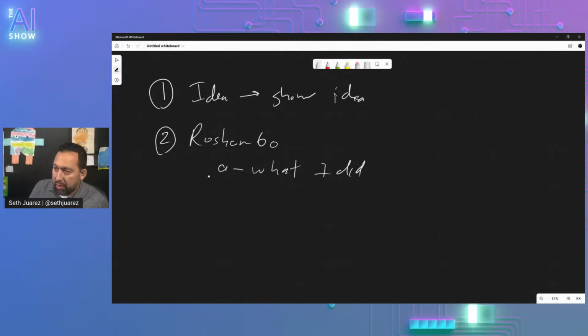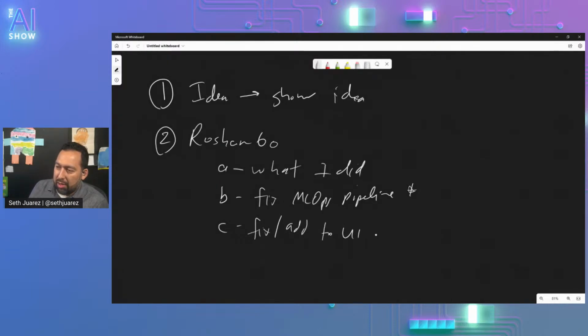So A, what we did, and then we have two options, B and C. B, fix the ML ops pipeline, or C, add to the UI in React. I might switch between the two as I'm going through, but that's what we've got for today.